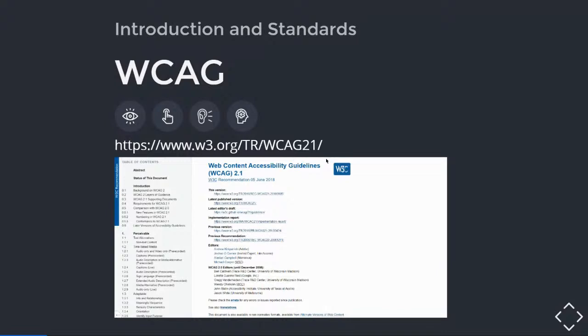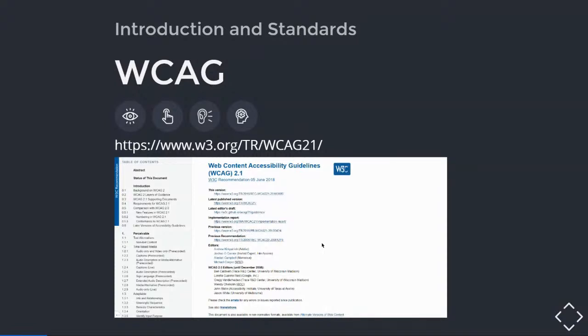Basically, your users must be able to perceive the content in more than one human sense. They must be able to control and understand information in all of the interactive elements on your page. And also, they must be able to consume the same web content through different browsers and different